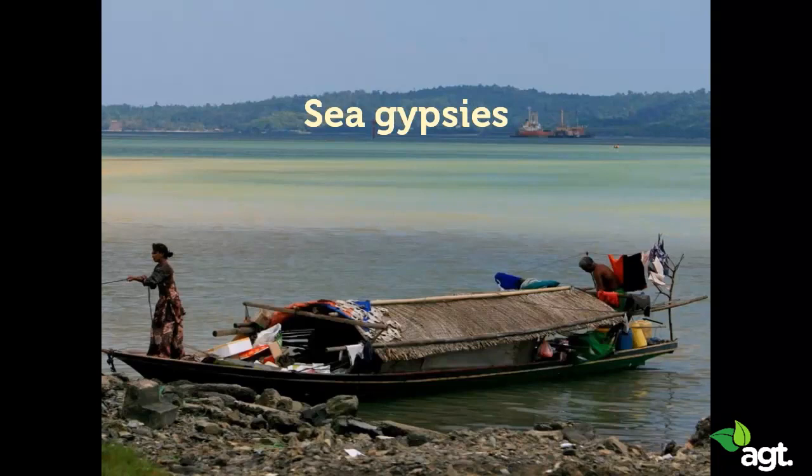Sea gypsies, for example, are nomadic people who live in a cluster of tropical islands. They spend most of their lives in boats on the open sea, and they can see clearly underwater in great depths because they learn to control the shape of their lenses and the size of their pupils. Most of us normal people can't do that, and pupil adjustment has been considered to be a fixed, innate reflex. However, in a study, Swedish children were able to learn this trick. Their brains responded to the training.